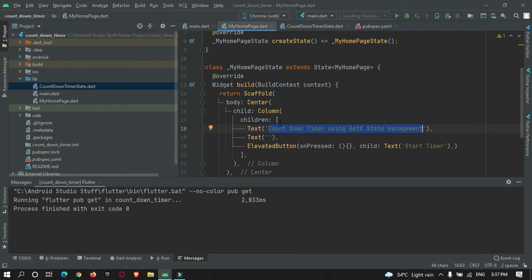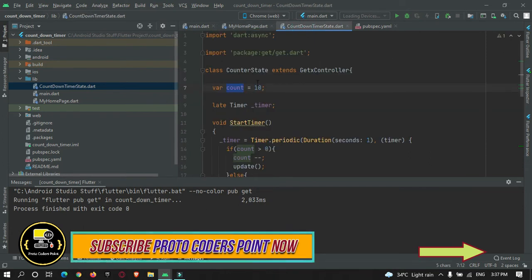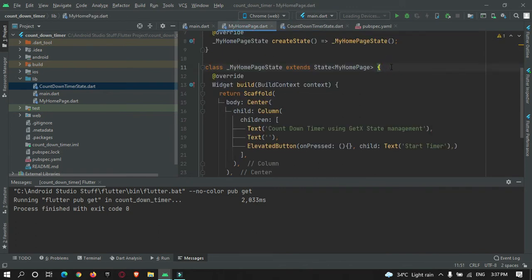Now you need to create an instance of this counter state so that you can access this data and the functions over here.